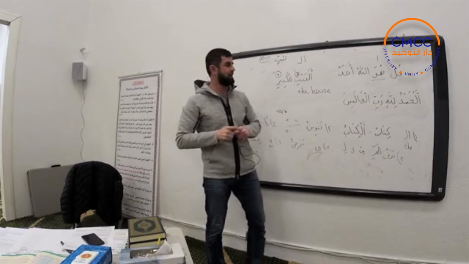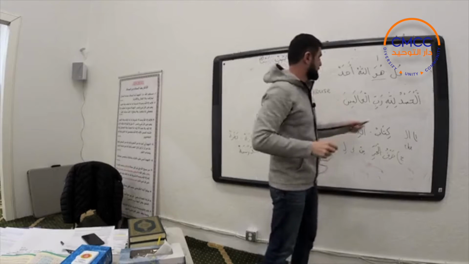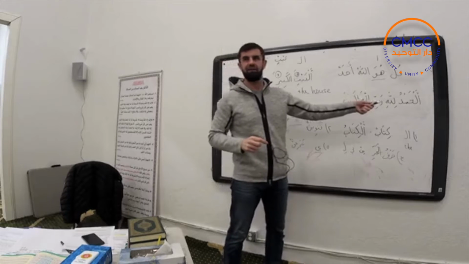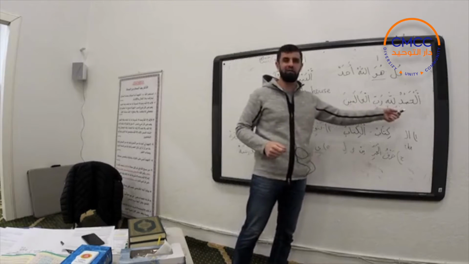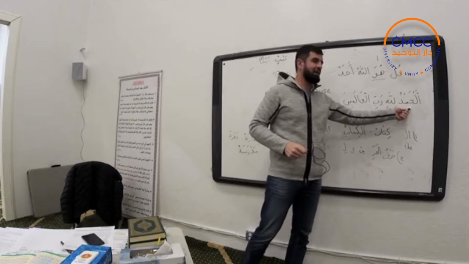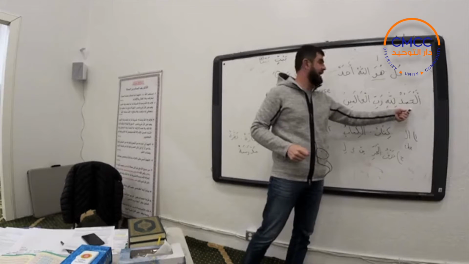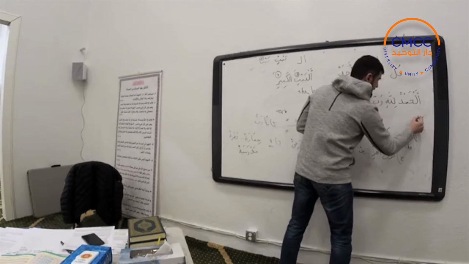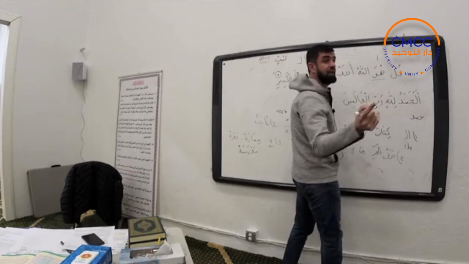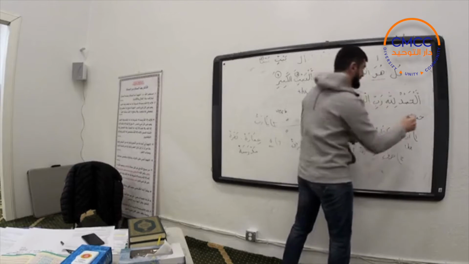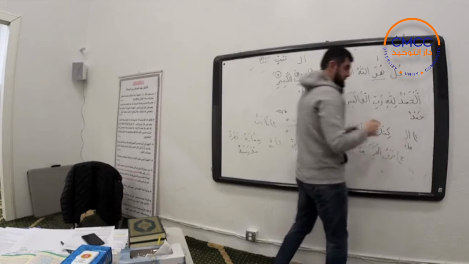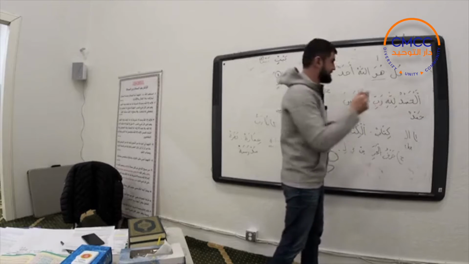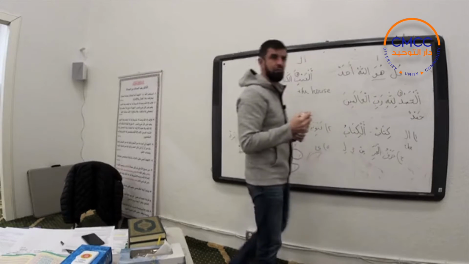Alhamdulillahi Rabbil Alameen. Whatever we see here, it's all what? Kullu ism. Exactly. It's all ism, it's all noun. The first one is what? Alhamdu, right? Normally this word is what? Hamd. Exactly. It has tanween, right? But since we put al in front of it, it becomes what? Damma, alhamdu. Okay?